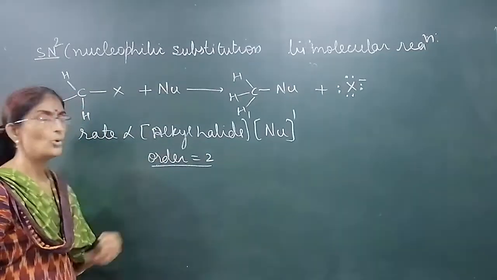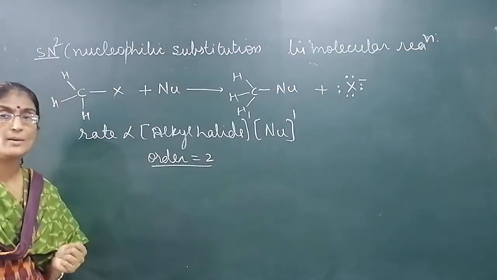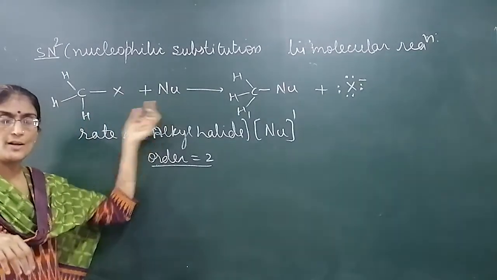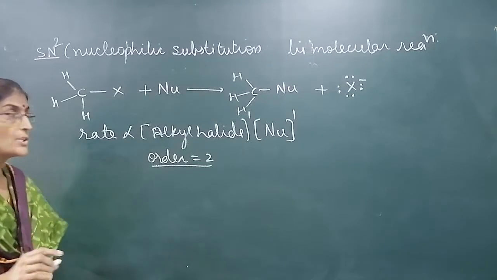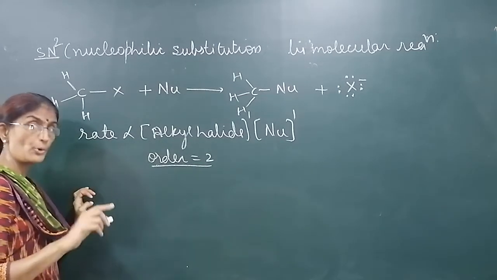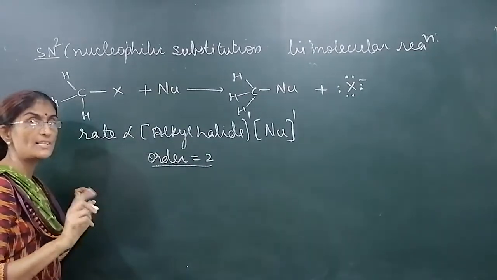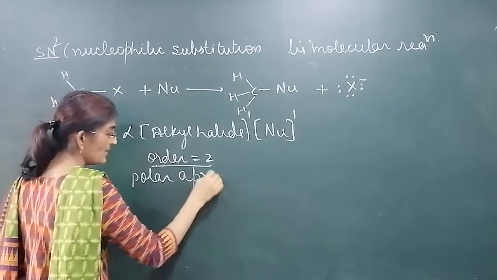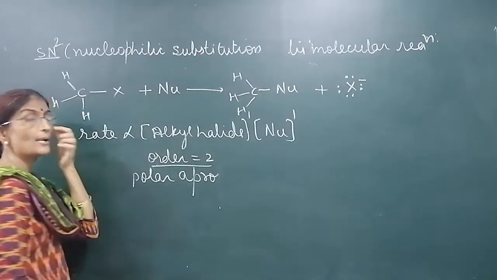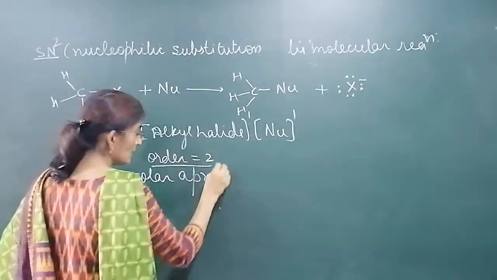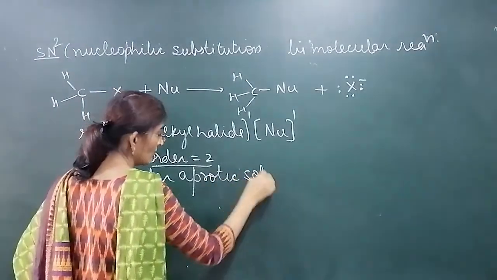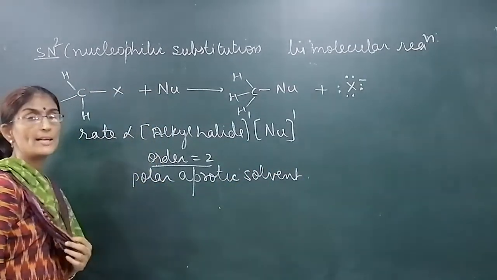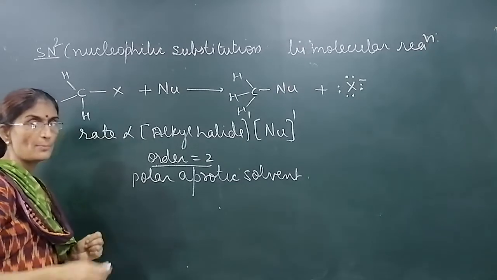Second thing, we don't want any polar protic solvent here because we don't want to break the bond first and then add the nucleophile; simultaneously it occurs. So the solvent should be polar aprotic. So generally the solvent used is polar aprotic. Polar is needed because the more polar it is, the more it will help in breaking the carbon-halogen bond. So polar aprotic solvents like acetone, sorry acetone, DMF, dimethyl formamide, such types of solvents will